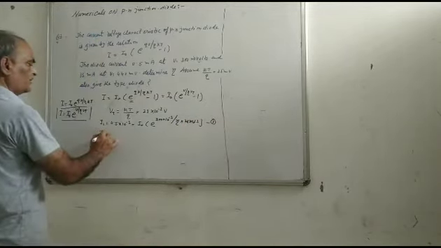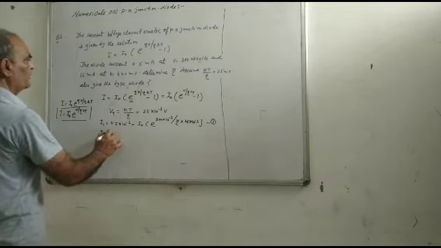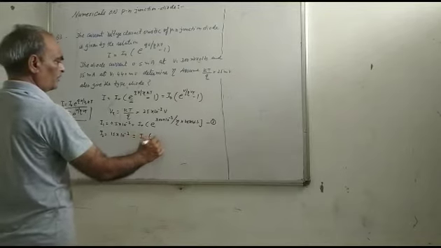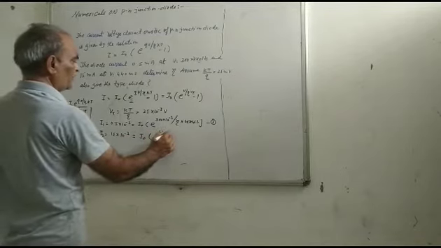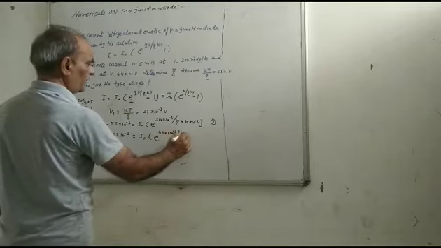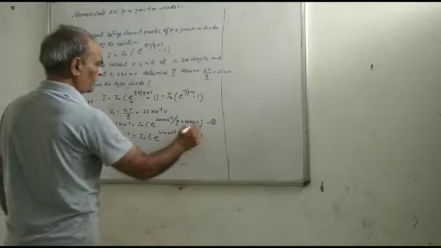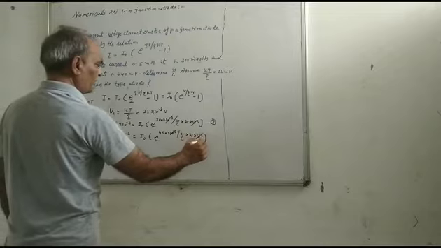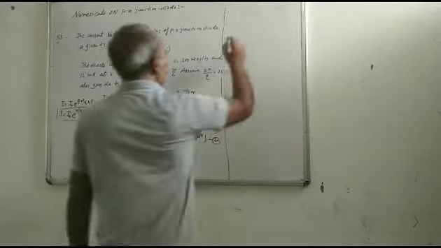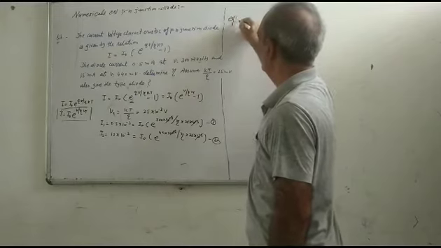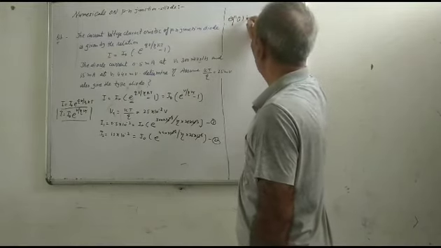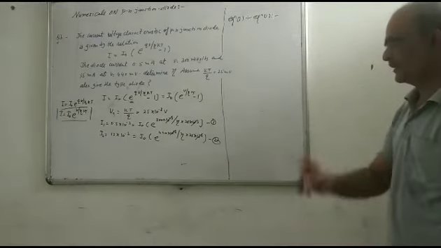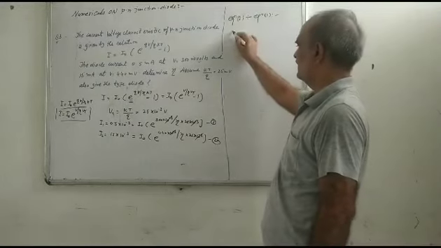And the second equation: the current is 15 milliampere, 15 into 10 to the power minus 3 is equal to I0 e to the power, voltage is 440 into 10 to the power minus 3, eta into 25 into 10 to the power minus 3. 10 to the power minus 3 cancel out, here also cancel. And this is equation number 2. Now, equation 2 divided by equation 1. We will divide the second equation by the first equation.